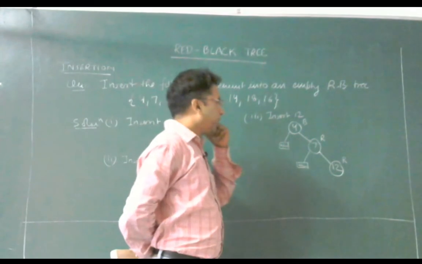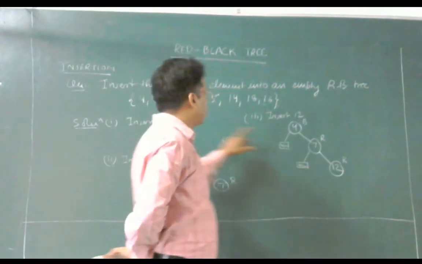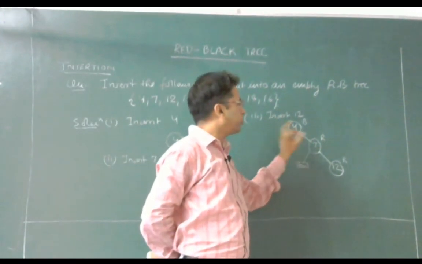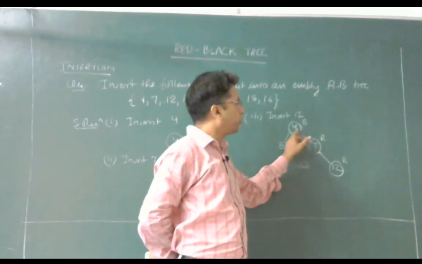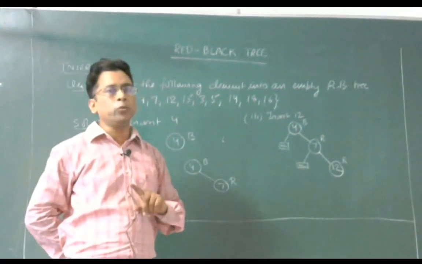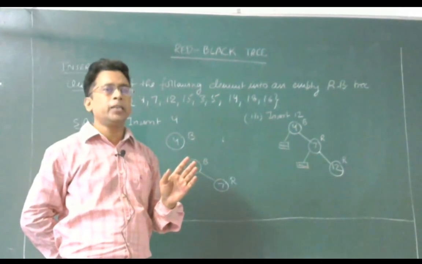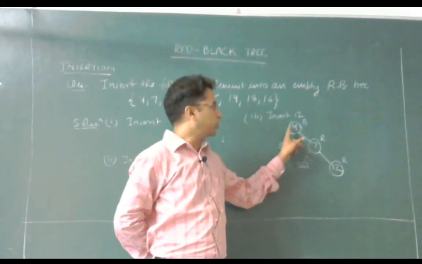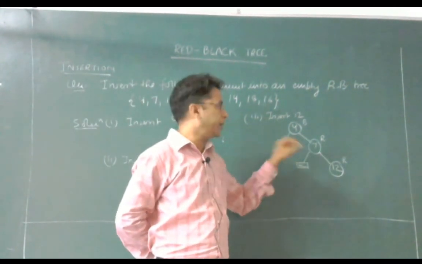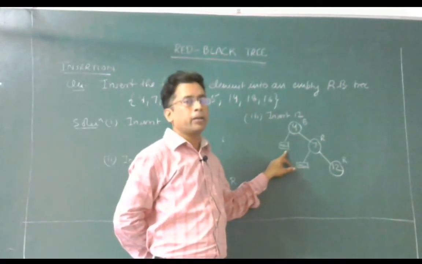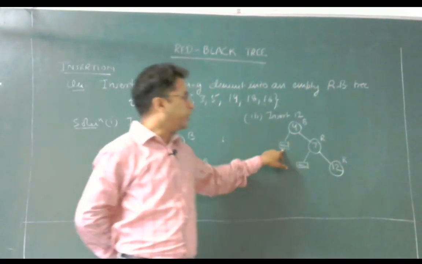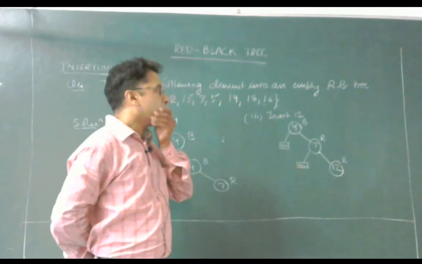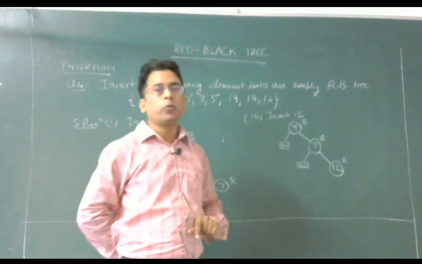So taking a look here, after inserting 4, 7, 12, the parent is the right child of the grandparent. So it is of category 2. When the parent is the left child of the grandparent, then it comes under category 1. Here it is going under category 2, because the parent is the right child of the grandparent and the uncle is black. I considered the nil value as the uncle, and by default the nil color is black, and 12 is the right child.